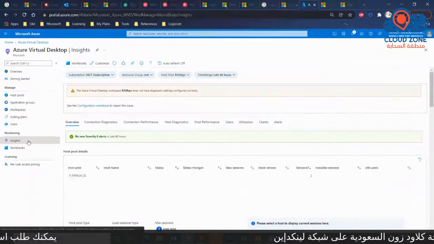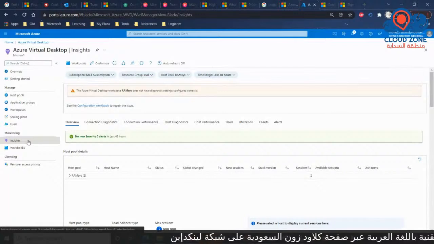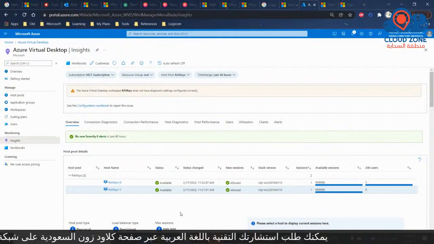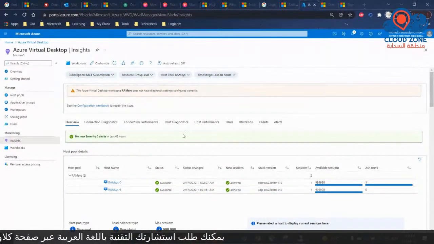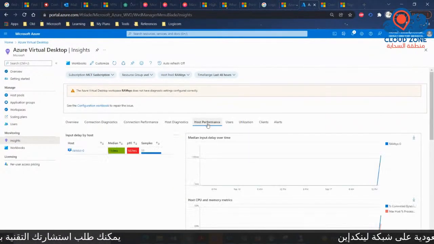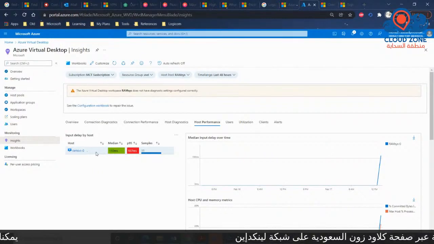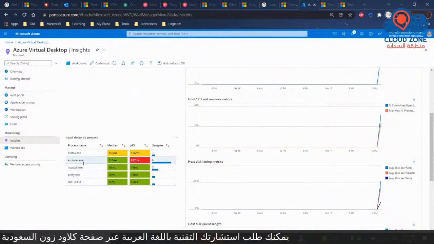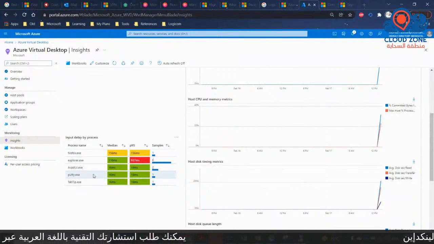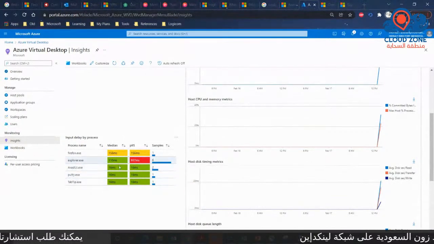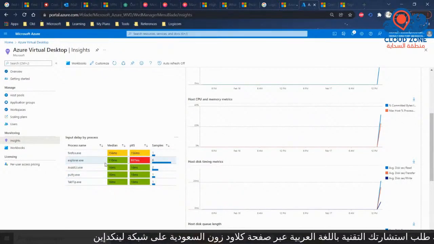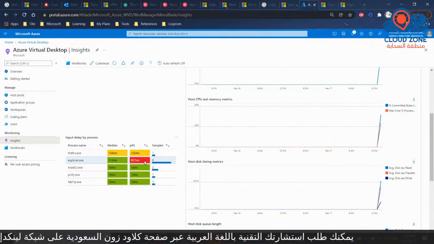So what I have done, I created some sort of workspace. Inside that workspace, I created Log Analytics. I connected the Log Analytics with this insight so you can have visibility on what's going on in each virtual machine. If I go to the host performance, you can see that the ramsys 0, which is the machine that was assigned to Ride, has some red flag on some applications. It gives me the performance of the application and whether the CPU and RAM are enough for the application. As you can see, for all the applications, PuTTY, Firefox, it's fine, but for Explorer, there's a delay in the